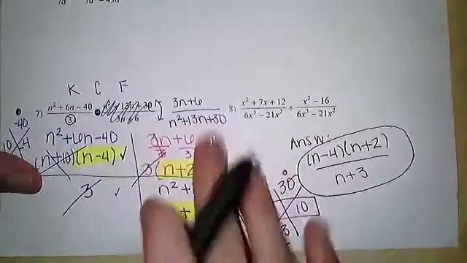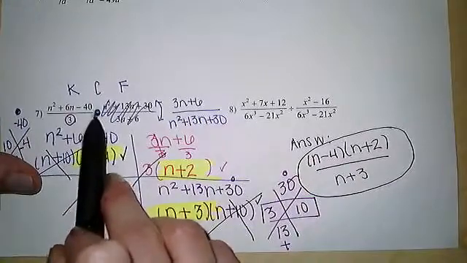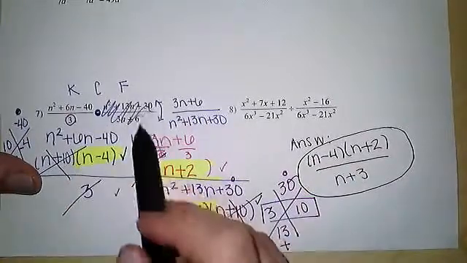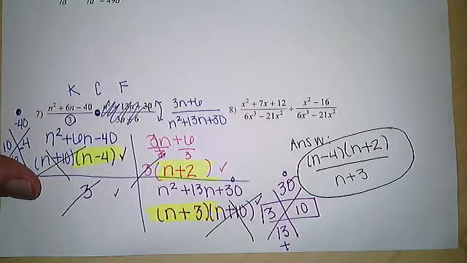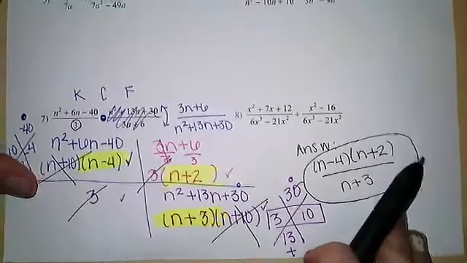So just remembering with division that you do need to change this sign to a multiplication and then flip this second fraction around. I hope multiplying and dividing rational expressions made sense to you today,